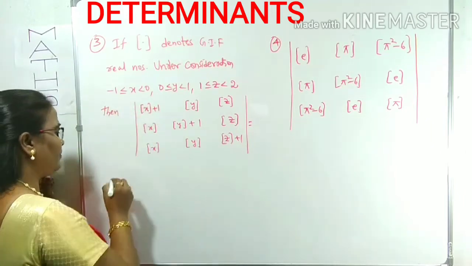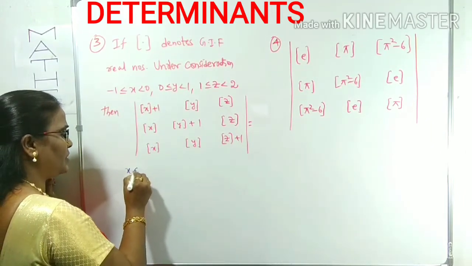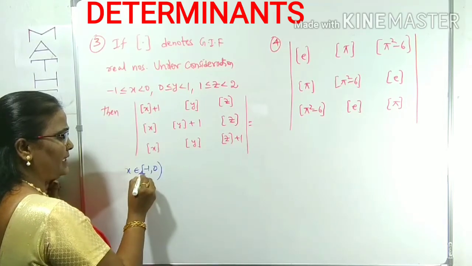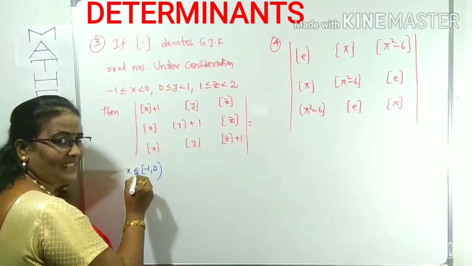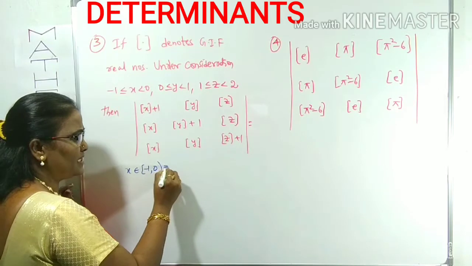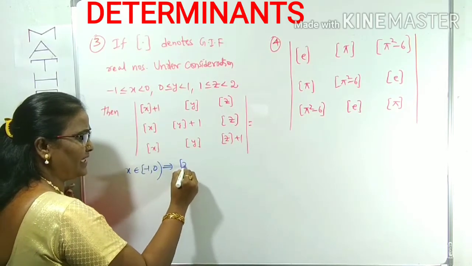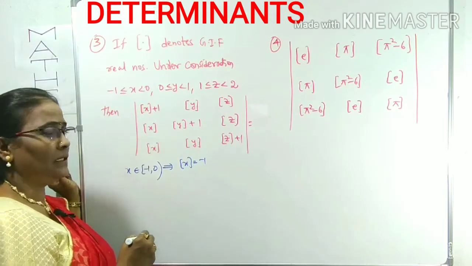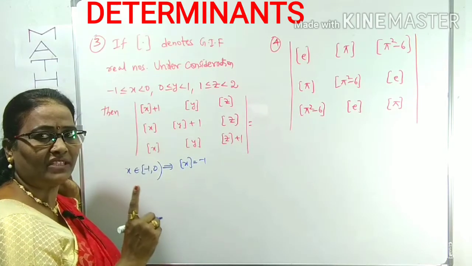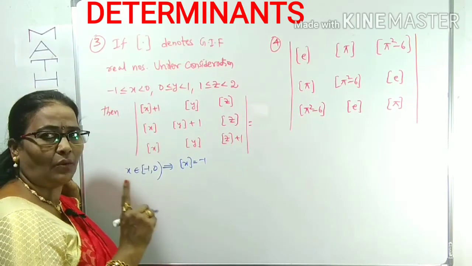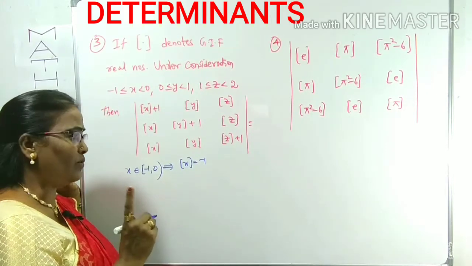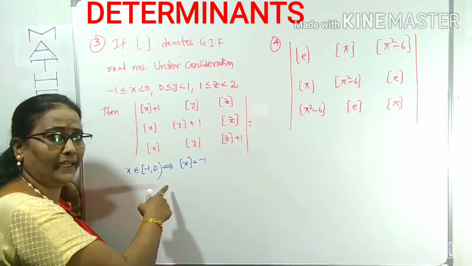What is the given value of x? x belongs to the closed interval -1 to 0. Among -1 to 0, which is least? -1 means what? Indirectly the step x value can be taken as -1. I have given this to you in the limits concept, special types of functions. There I have explained what the special types of functions are, with the graphs. I explained. You can watch that video. You can get a clear idea.